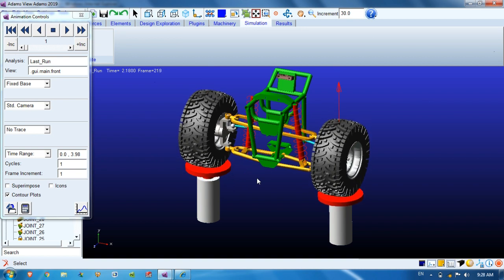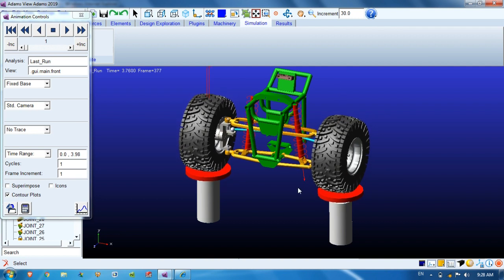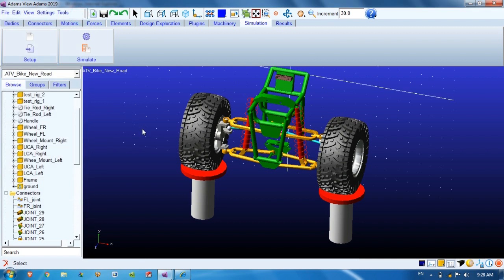So in the next part of this video we will create the tie rod. We will model this tie rod in the second part of this video. Till now you can refer to this model and practice it. I will provide the link for this model. Start by initiating with your own model. If you have your own model, it will be better for your understanding. If not, you can use this.